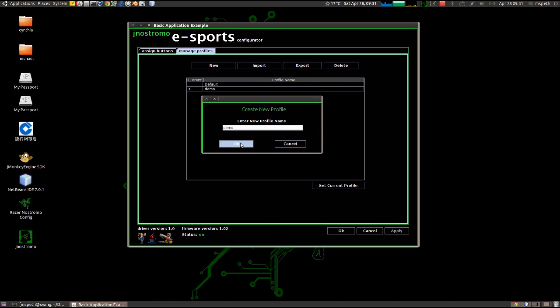Hit OK. And when I created that new profile, it automatically switches to the new profile. You can change back to the default profile by selecting default, and then clicking on the set current profile button. So now we're on the default. Let's go back to demo